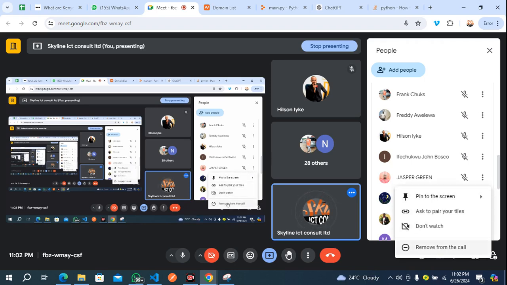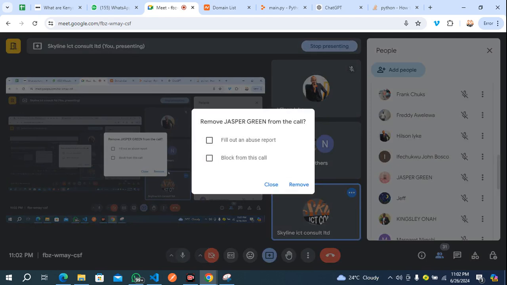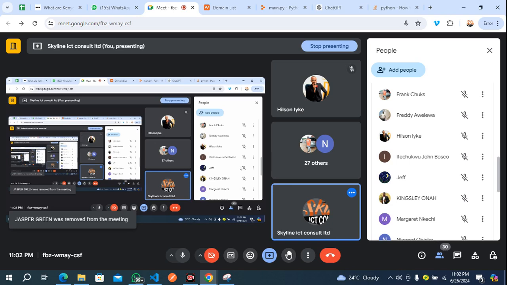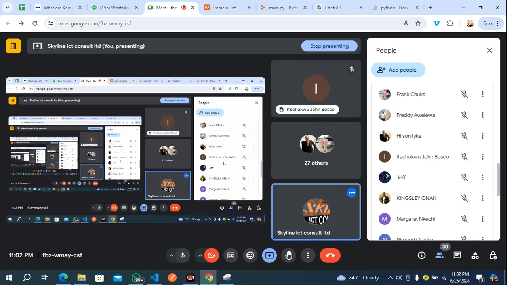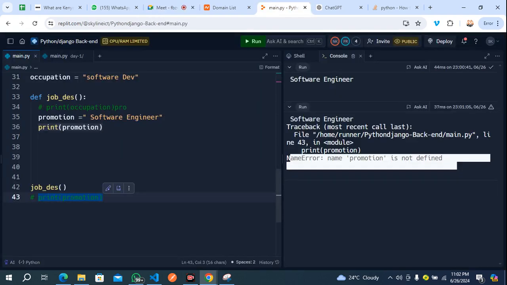Come out. If I am blocking, I'll block you. Oh yeah, fire down. How do we convert this into a global variable? Huh? How do you convert this into a global variable?